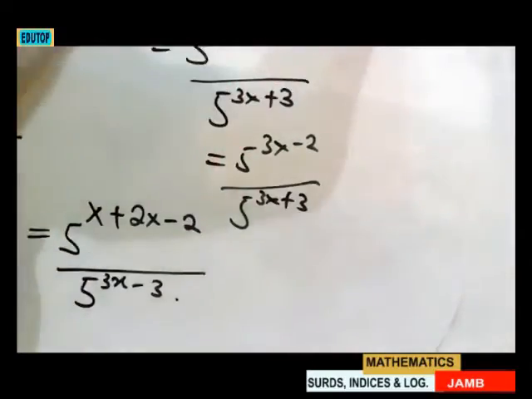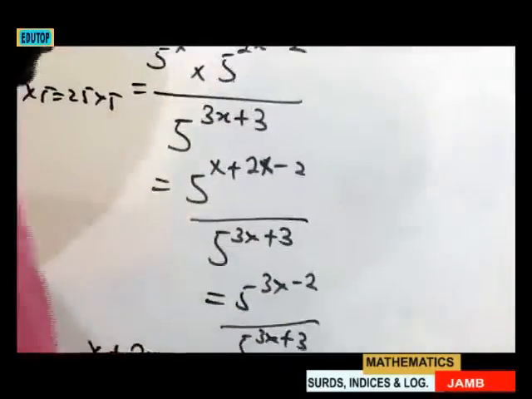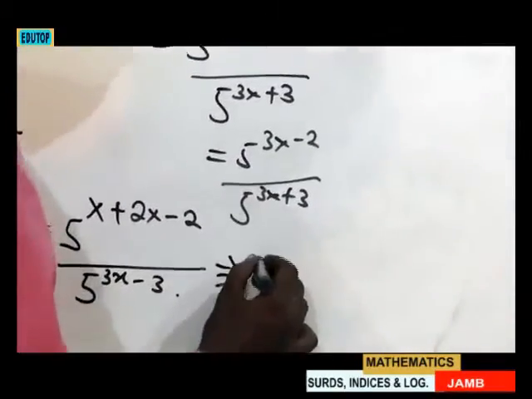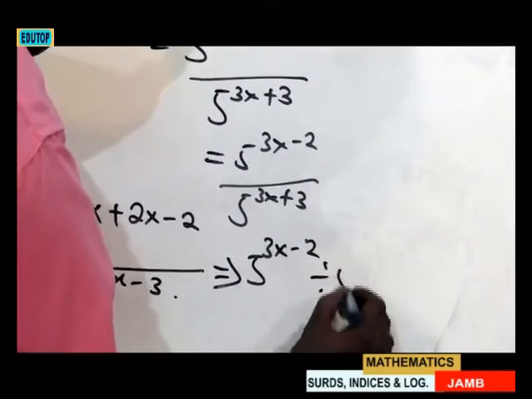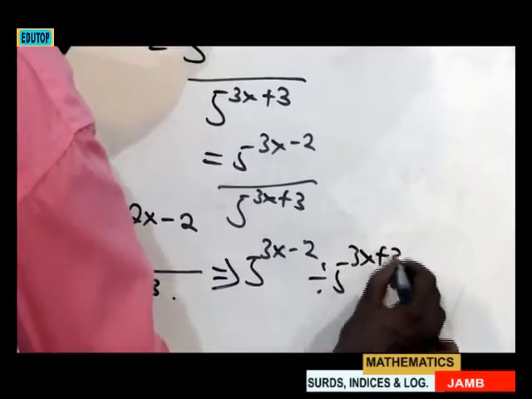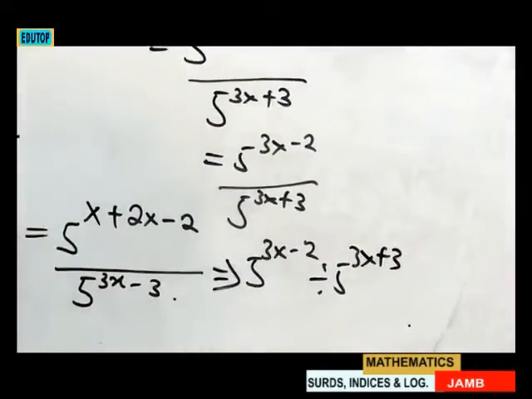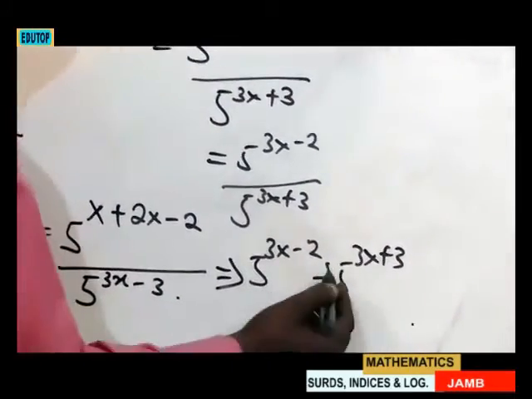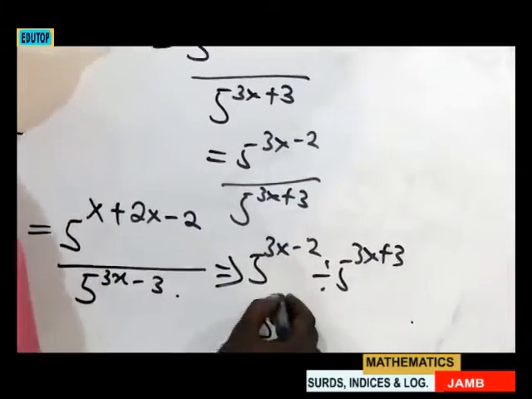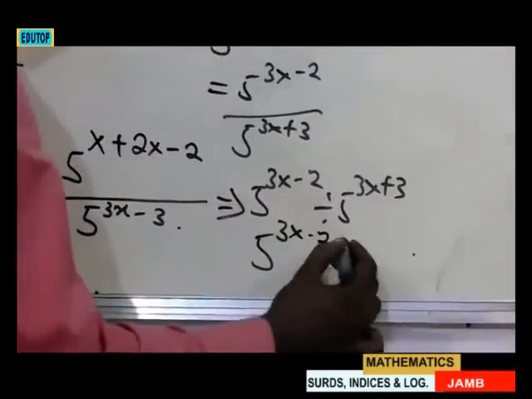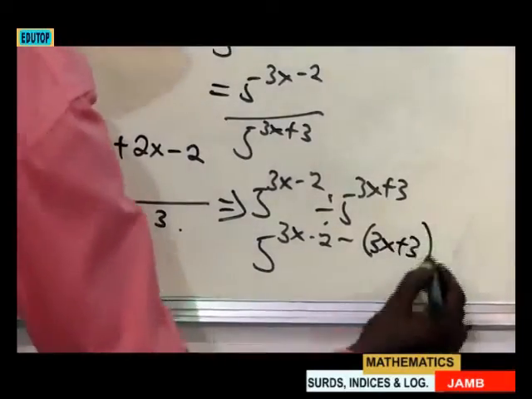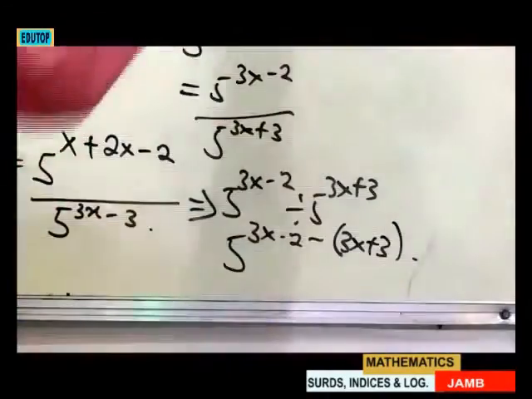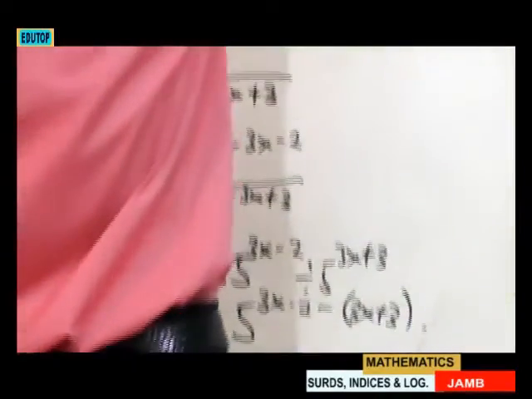So by the time you now do this, what you are going to have here is 5^(3x minus 2) divided by 5^(3x plus 3). So in doing so, then by law of indices, division, you subtract: 5^(3x minus 2) minus (3x plus 3). So if this is the case, then you have 5